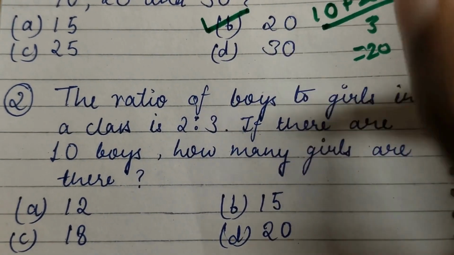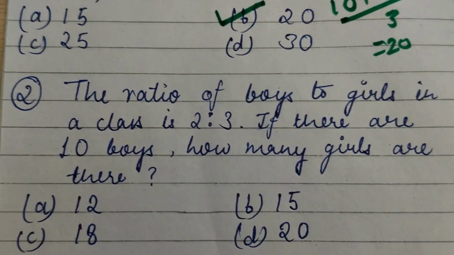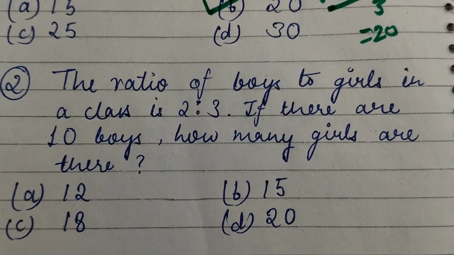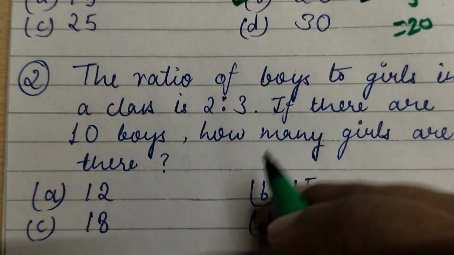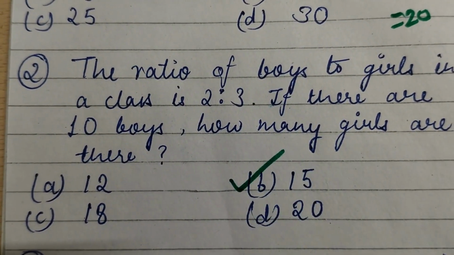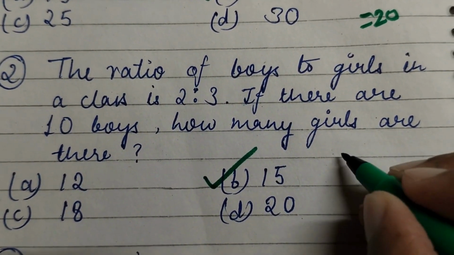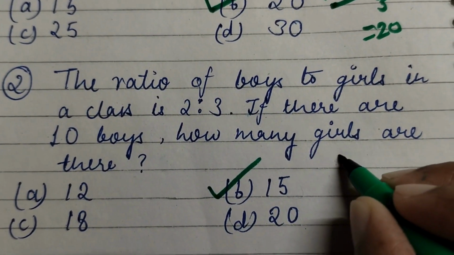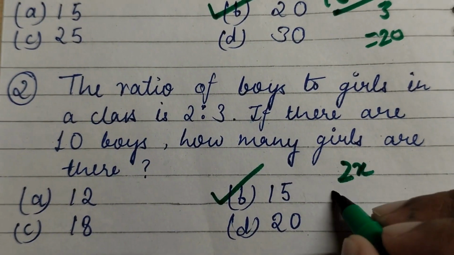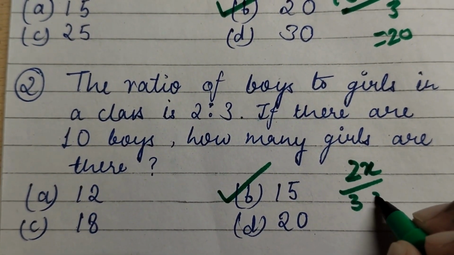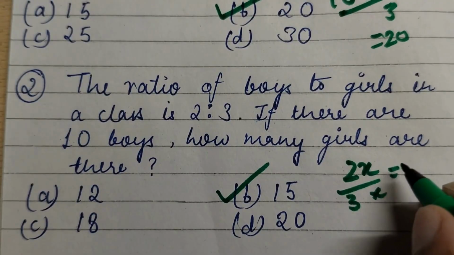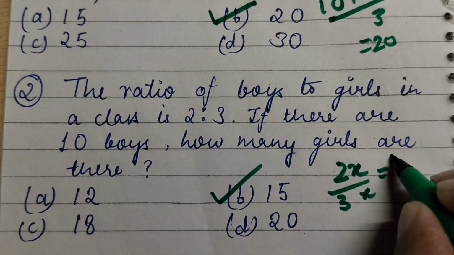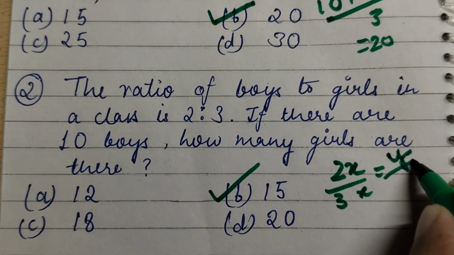Please think about it. Okay, so the correct answer is 15. And now write this because we can take this 2:3 as 2x upon 3x, which is equals to, now we can say that the number of girls is 5, and